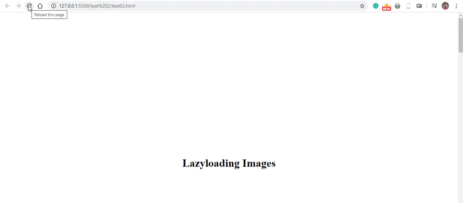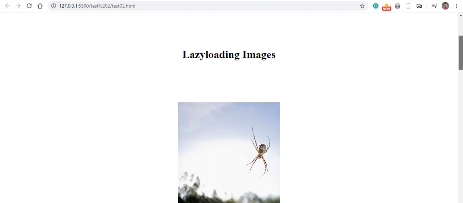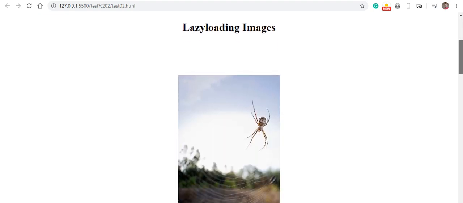I just have to refresh or reload this page so we can have a clue of what that function helps us to do. So the picture loads, which is this. Now the next one also loads, and we see the blurry effect that appears. So they don't just appear all together at once, except I have to scroll down some few meters,